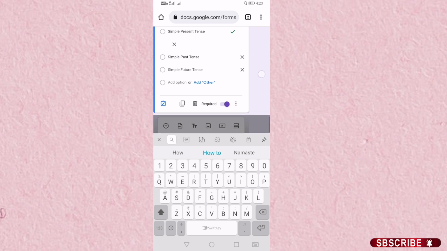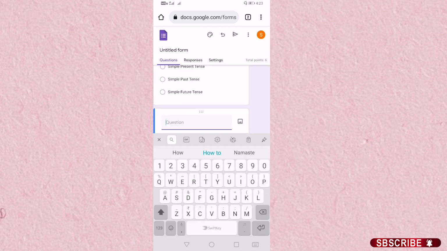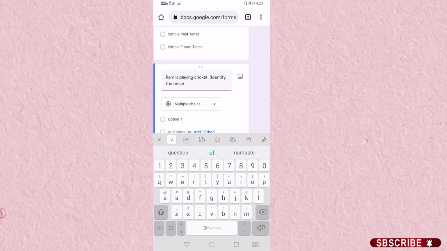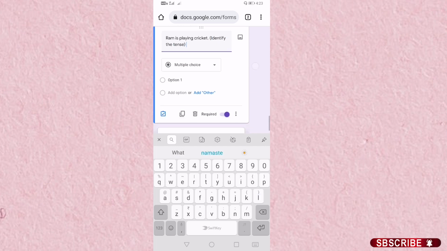Again I will show you how to create one more multiple choice question so that you will be clear. So first, for adding a question, we will go to plus icon. We will add the question that Ram is playing cricket, and then we will ask identify the tense. Now again by default they have selected multiple choice.